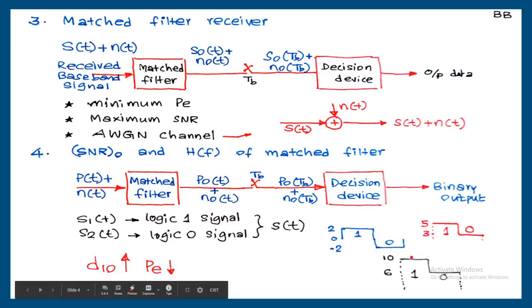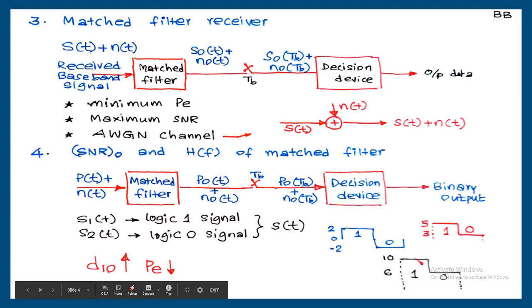And the third example I am showing here, that is 10 and 6. The decision boundary will be 8. Decision boundary 8. And again, how much noise should be added to get an error? 6 plus more than 2. That is, it will be then 8.1, 8.2, 8.3. That will be close to 10. So we'll get an error.